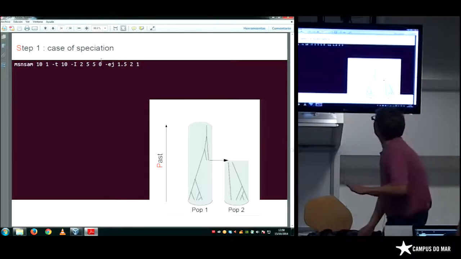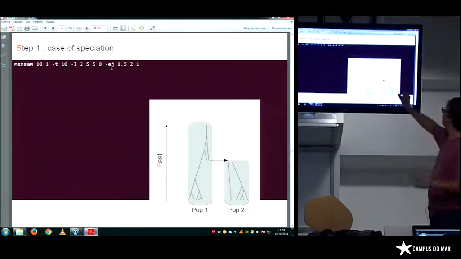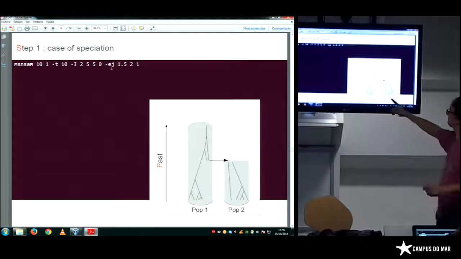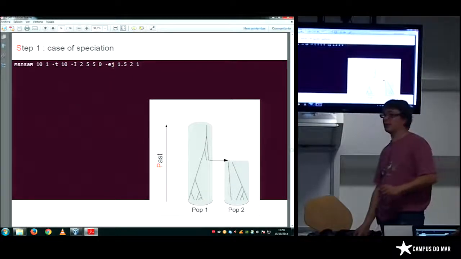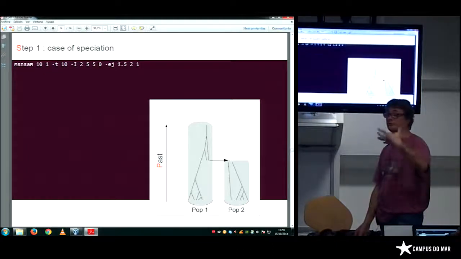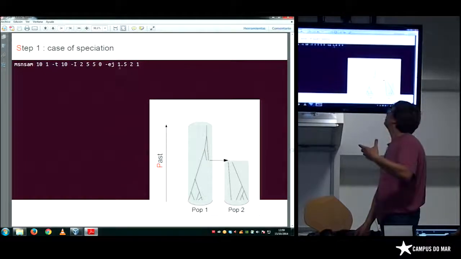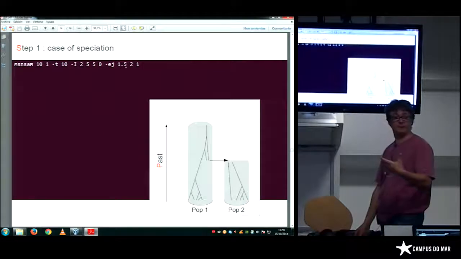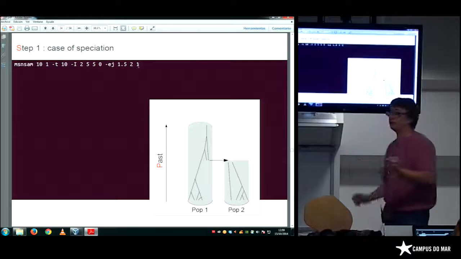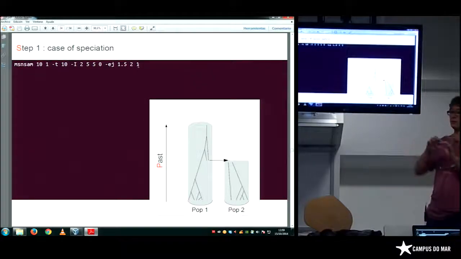And here, this argument, Ej, is the time of split of the ancestral population in N generations. So tau, the divergence time, here it's 1.5. And 2 and 1 is the direction of the split.